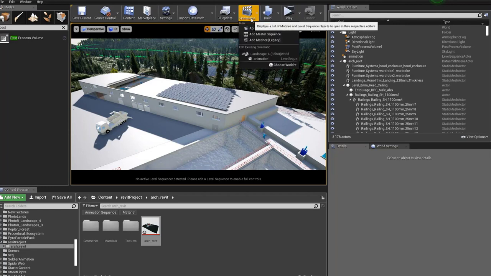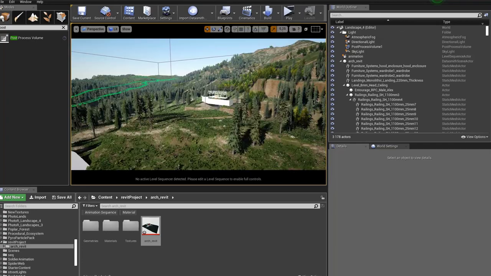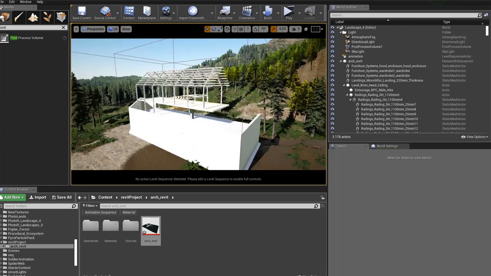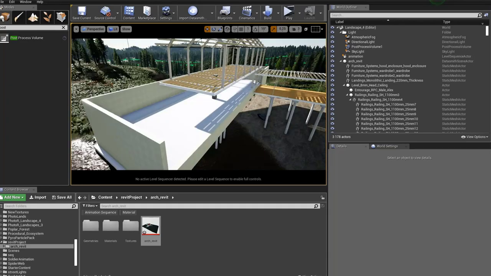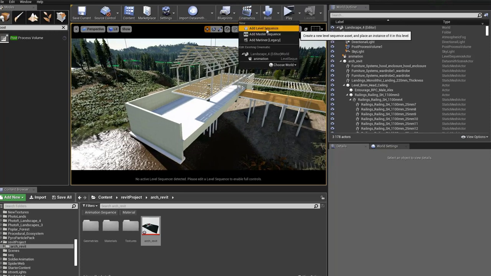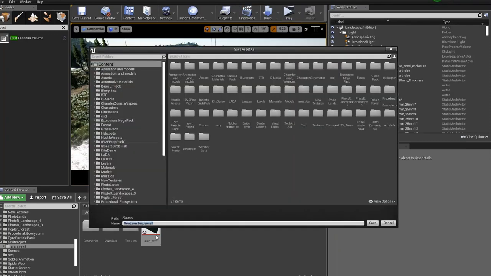Whenever you're creating your cinematic, for example, I'm adding some level sequence. For example, we can go to this one. And I want to animate the camera and some objects over here. So first of all, I will add a cinematic, for example, add level sequence, and I will name it